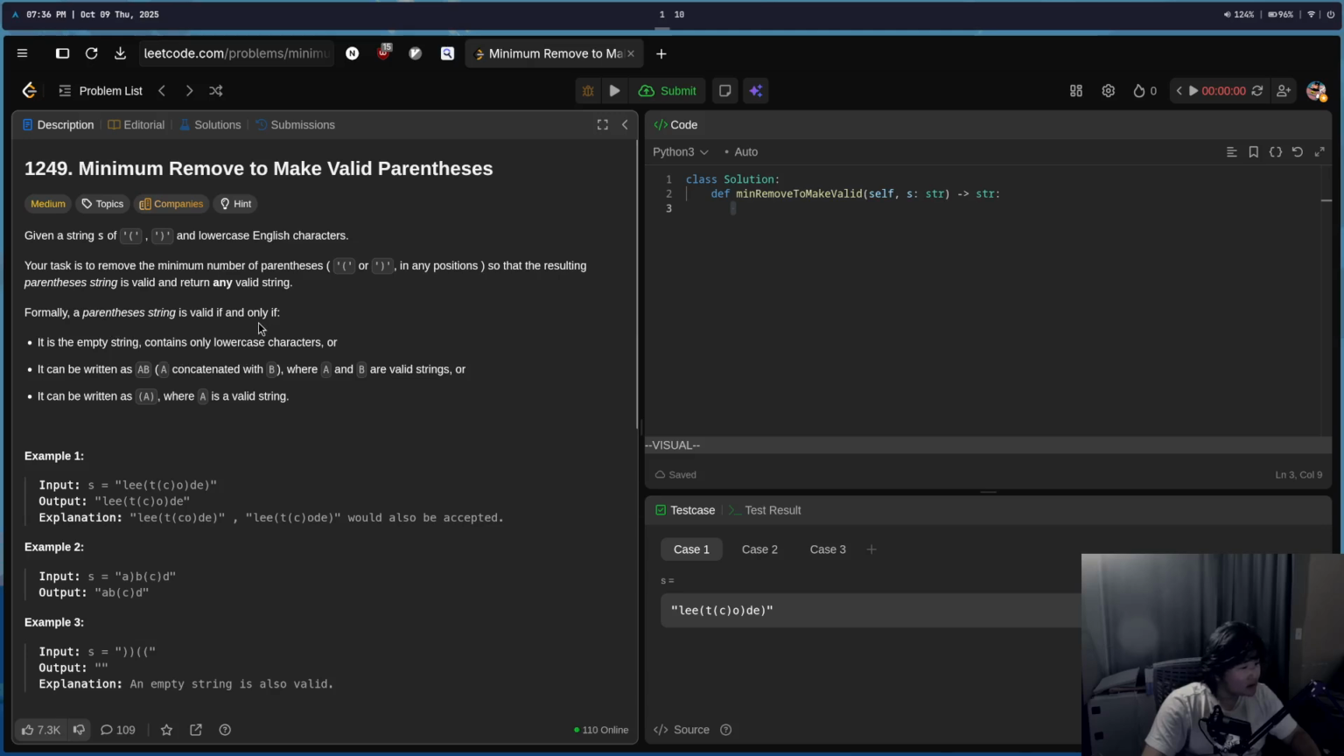If it is the empty string, contains only lowercase characters, or